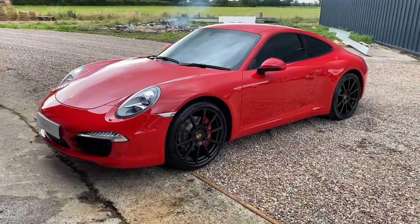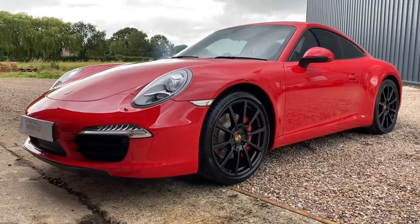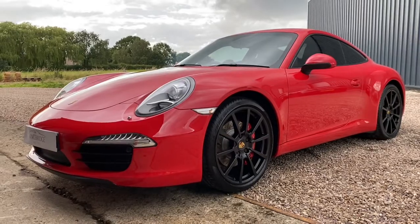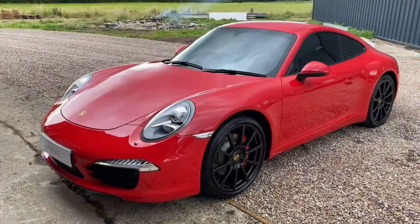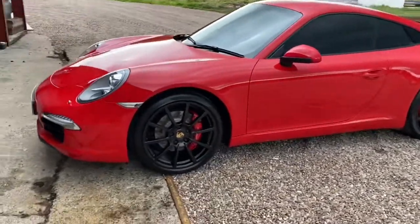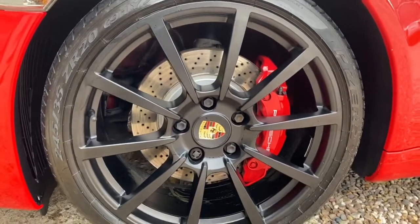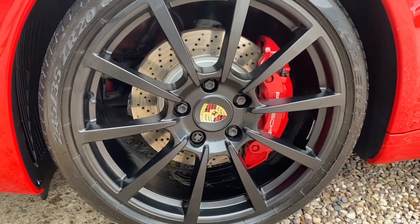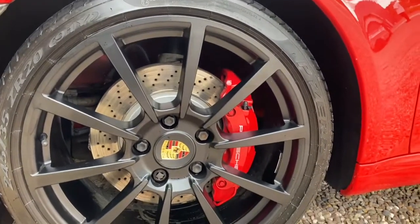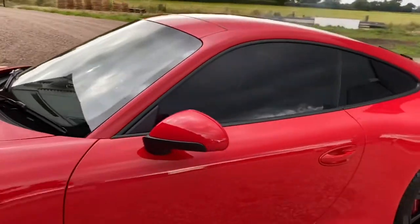This is our 2012 Porsche 911 Carrera S. This particular example is in the superb Guards Red, and it's been enhanced by Kingsbridge to look exactly like it does now. It looks stunning. We have satin black Carrera S wheels with matching full colour centre caps, Guards Red brake calipers with the Porsche lettering on it, full privacy glass,